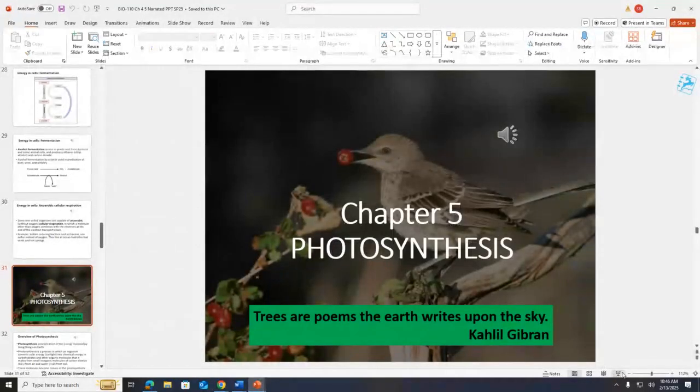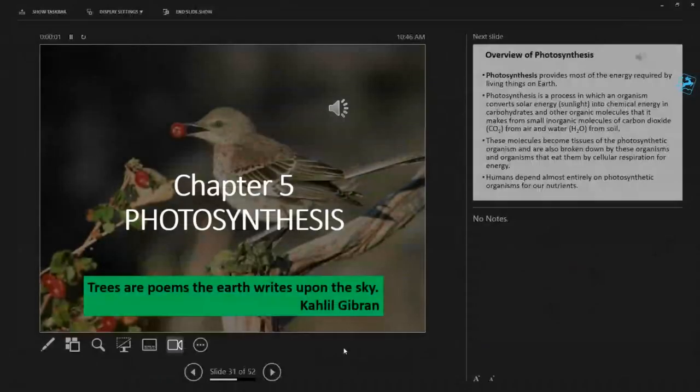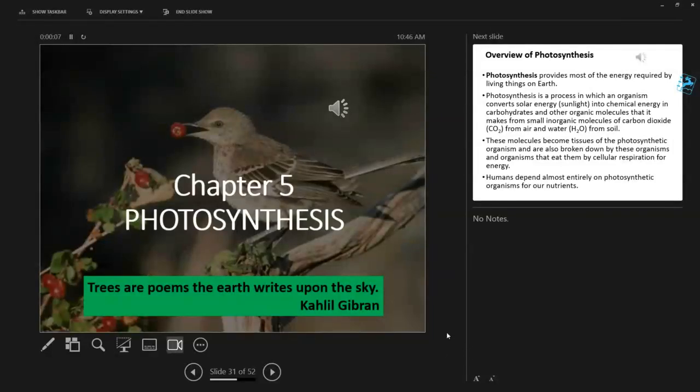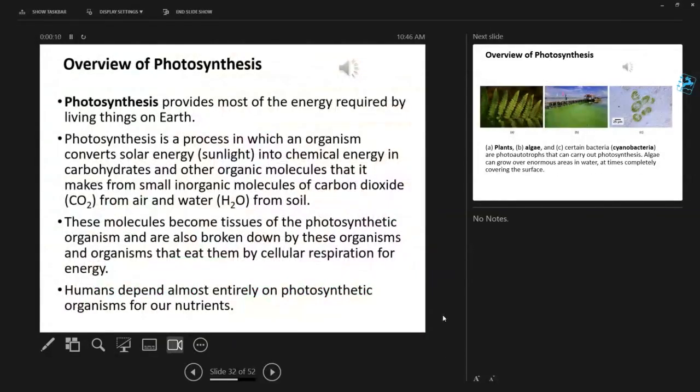So chapter 5, photosynthesis. It provides most of the energy required by living things on Earth, because it's at the base of the food web, on land and in water. Not only plants, but algae are photosynthetic. Many algae are one-celled, tiny little plankton. They're tiny, but there's so many of them. The lakes and oceans are full of plankton, and